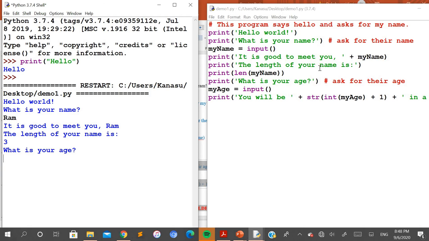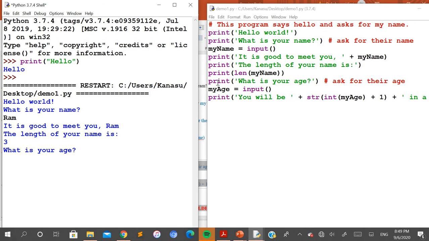So how to identify the length? Length, in the sense of the total number of characters of a string, for which you have the built-in function known as len here. You can see print length of my name. My name, in the sense of the value that has been stored in my name, is nothing but the input given by the user here. For this input I have typed the name Ram, which consists of 3 characters. So the length of my name will identify the number of characters that are there in the input given by the user. You can see the length of your name is 3.